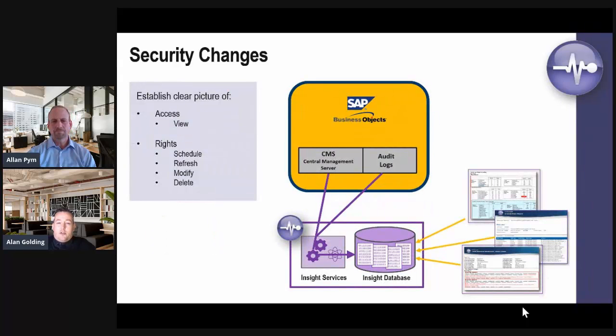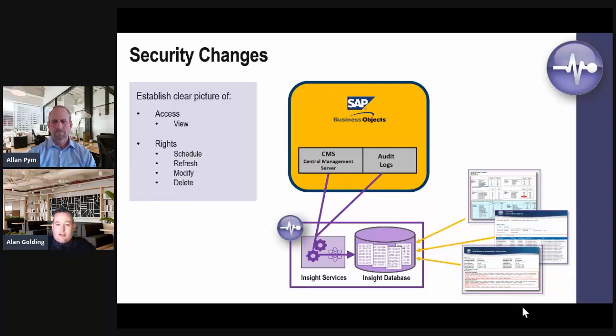Yeah, certainly. So users today can find it very challenging to get metadata about your security policies within business objects. And not only that, but also understand when data breaches have happened and be able to prevent ways from that happening again. So APOS Insight can provide a mechanism to extract that metadata from both the CMS and audit databases. We can store that into a central repository and give you granular access to analysis and analyze that data further